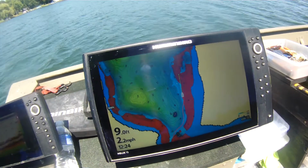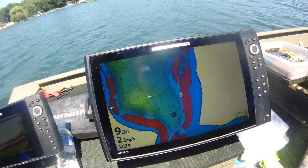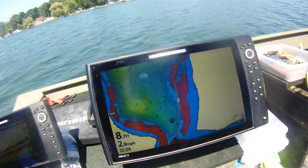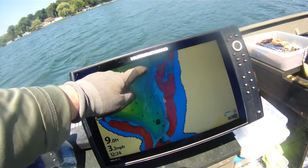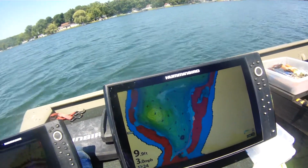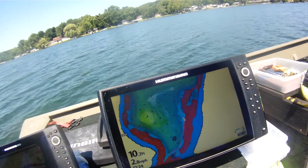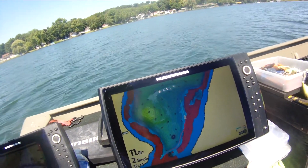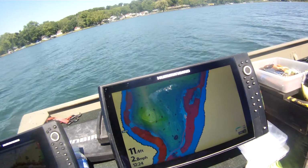Watch what happens when I make the return pass on that. And watch how that's the structure, all right here. It goes out and about, it's just like a big hump. If you were to look at it vertically or horizontally, it's like a big hump. I'm in 11, 10 feet of water. I'm real close to the...